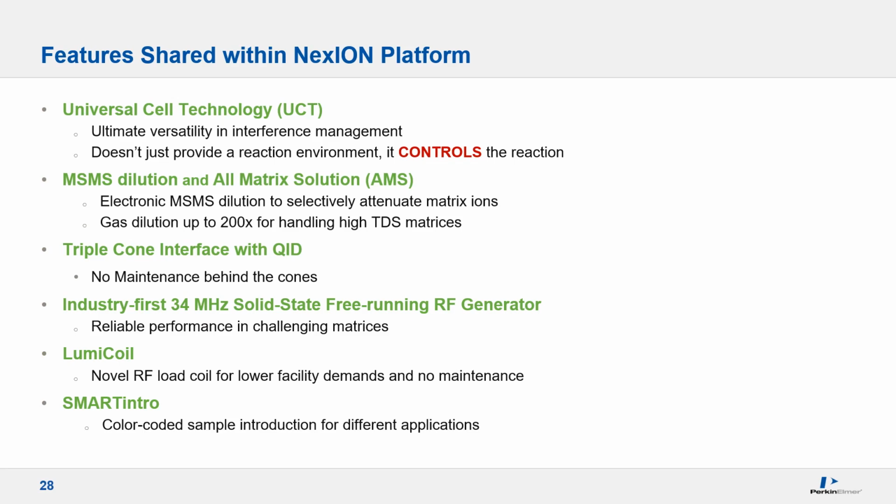So how can I make these claims, which I made in the previous slides, that the NexION platform is superbly equipped to make SC ICP-MS measurements with high performance? In order to answer that question, we really need to look at the features which distinguish the NexION platform. I want to do this here quickly in a bullet point type of list. Number one is the universal cell technology, which allows specific control of reaction chemistry. Number two is the MS-MS dilution, unique to the NexION series, to attenuate signal ions which are above range for the mass spectrometer. This is complemented by an all matrix solution, a gas dilution system, which is